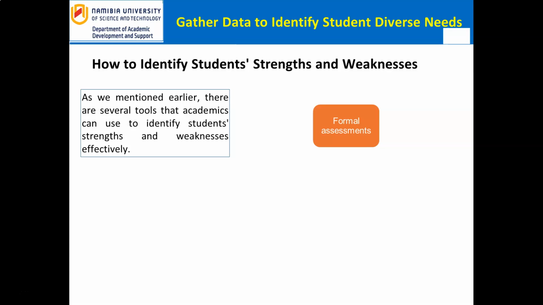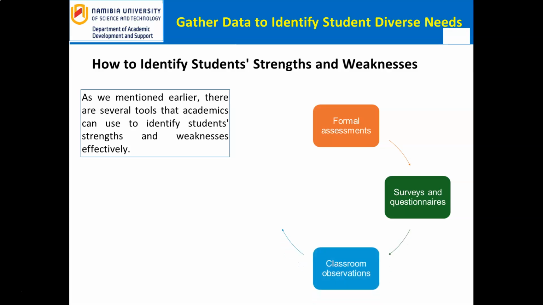1. Formal assessments, such as tests, and also other activities in the form of diagnostic assessment, Brown, 2018. 2. Surveys and questionnaires distributed to students can provide valuable insights into students' personal interests and home environments, Williams and Taylor, 2021. 3. Classroom observations allow teachers to gather real-time information on student interactions, behaviors, and engagement levels, Smith and Jones, 2020. 4. Interviews with students offer a more personal and detailed understanding of their needs, aspirations, and challenges, Brown,